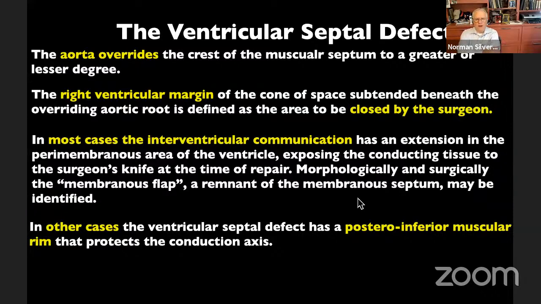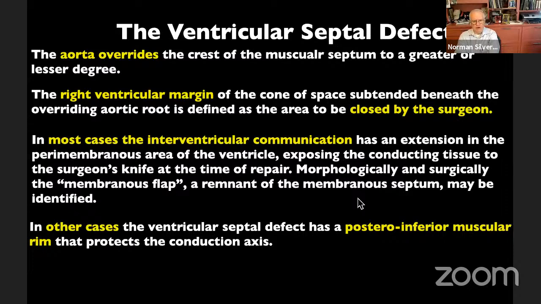And in talking about the ventricular septal defect, we've talked about the aortic override to a greater or lesser degree. The right ventricular margin of the conus space subtended by the overriding root is defined as the area to be closed by the surgeon. Now, one thing that is a sort of bombshell, in most cases, the interventricular communication